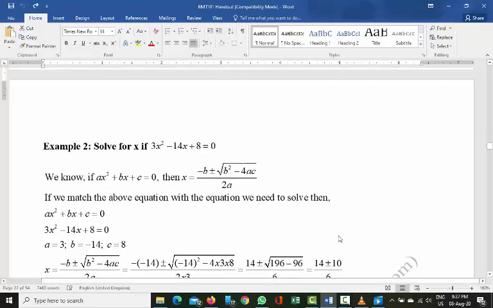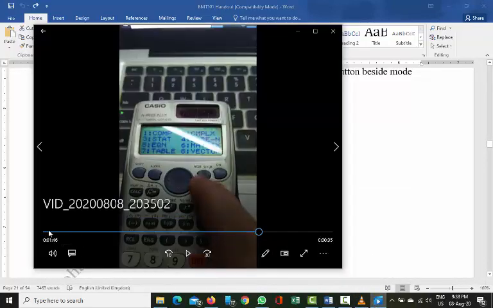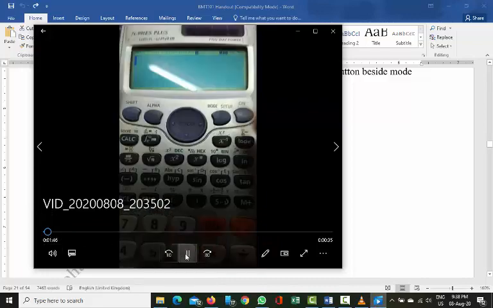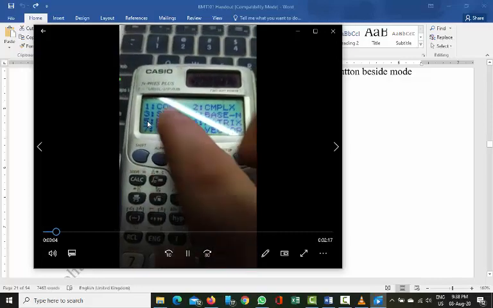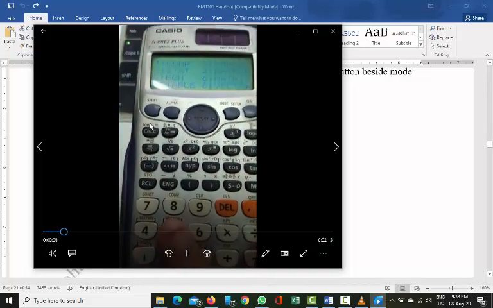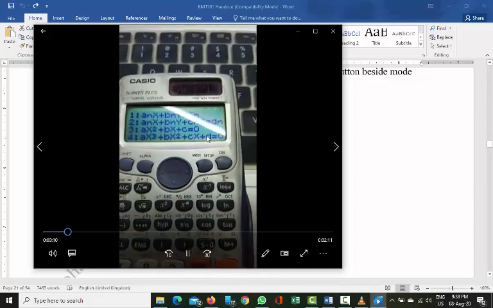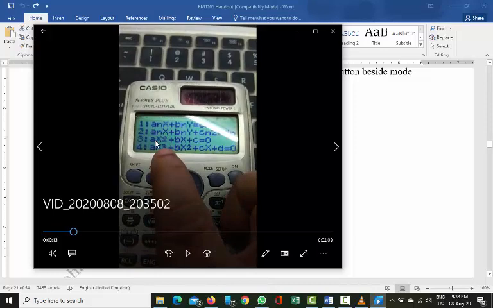Right. But if you are using the new form of calculator, if you are using this type of calculator, in that case you should press mode and then choose equation mode. That means press 5, and then after you press 5, you should choose this, C. See, number 3. In number 3, we have only one variable. This is ax square plus bx plus c is equal to 0. That means only one variable is there.